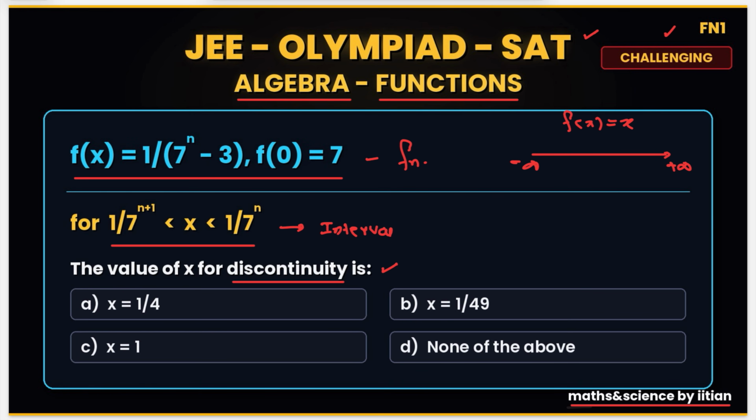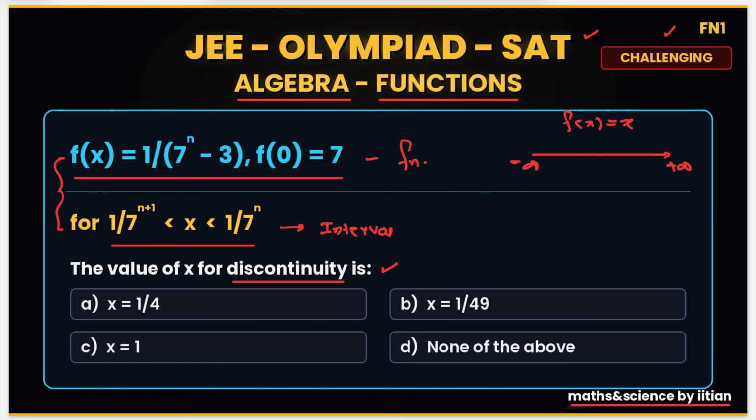But here f(x) is not in terms of x. f(x) is 1 by 7 to the power of n minus 3, f(0) is equal to 7 defined, and the interval of x is given in powers of n. It's a very good example to understand the concepts, this type of problems, how to solve them,